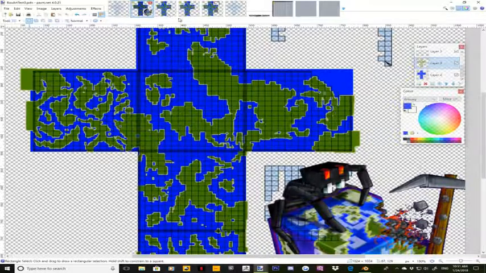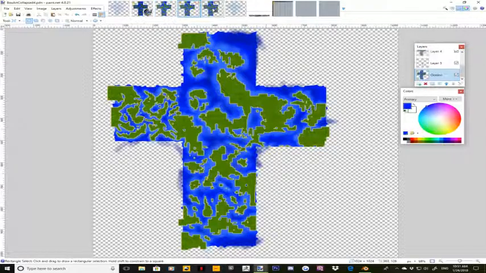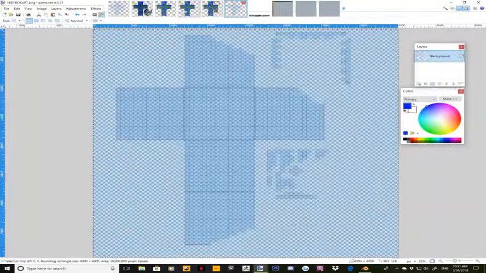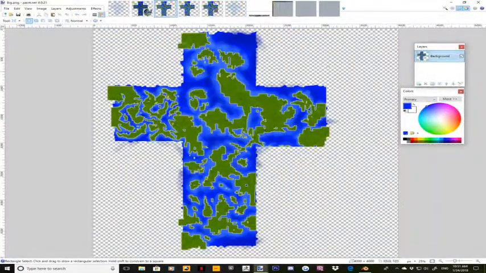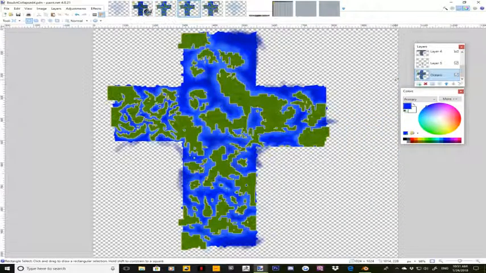My next stage, is it this one? No, it's a bit further on, I think. Or maybe not. See, I put these sequentially so I could actually show you step by step. Oh, this will have to do. So